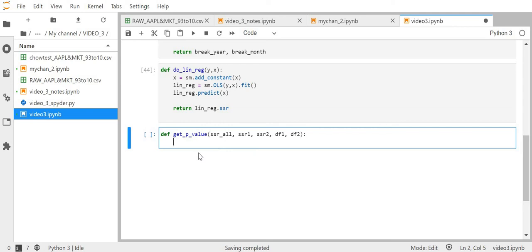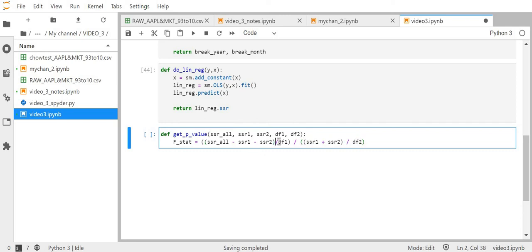You have to get the f statistic, which I may not remember the equation. I think it's SSR1 minus SSR2 divided by df1, and divided by SSR1 plus SSR2 and divided by df2. I may be wrong,